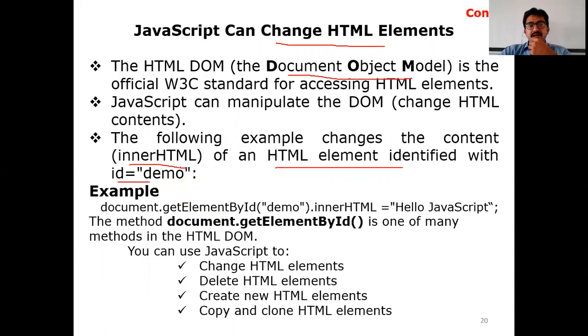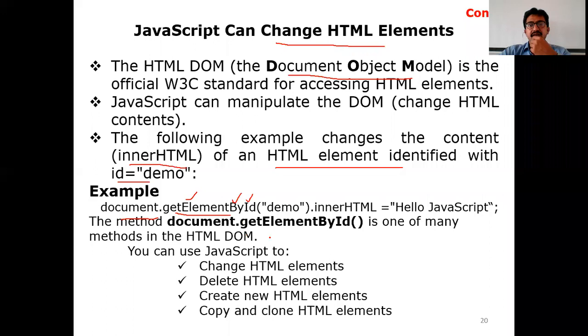So for example, document dot, where document is the HTML document. Inside the HTML document, document dot getElementById. So getElement, we are going to access the HTML element, that's why we call it getElement. As all of you are aware, in Java the first letter of the method will be small, followed by the second word onwards, where every first character will be capital. So getElement, E capital, getElementById, B and ID capital. If you are accessing with the help of ID, you can use ID, or with the help of name, you can use name. With the help of class, you can use class.